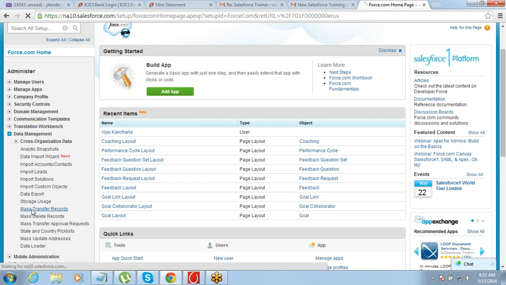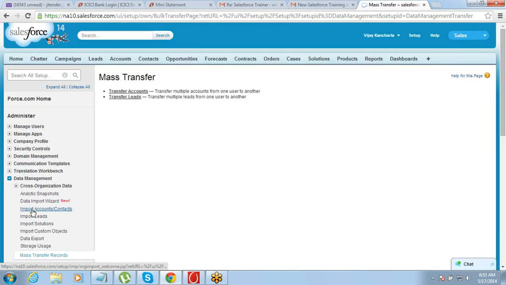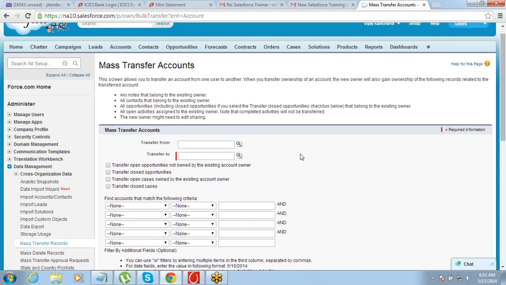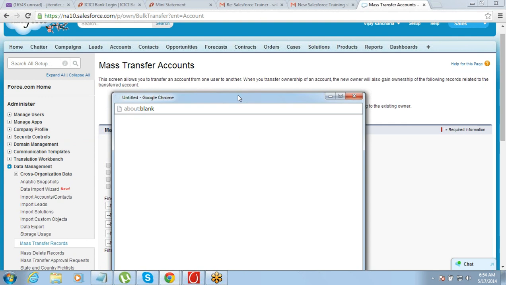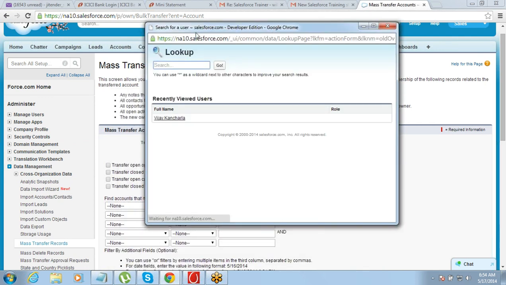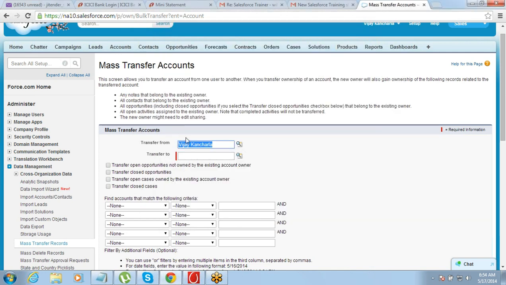Say mass transfer records. What do you want to transfer? Let's say you want to transfer accounts. Click on transfer accounts. Say transfer from. So transfer from should be the person from whom you want to transfer. Transfer to.